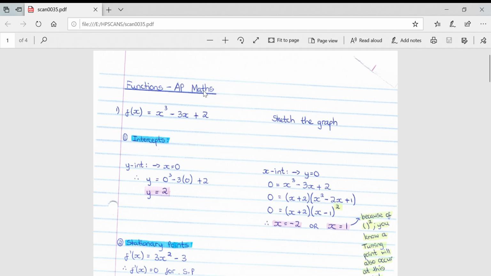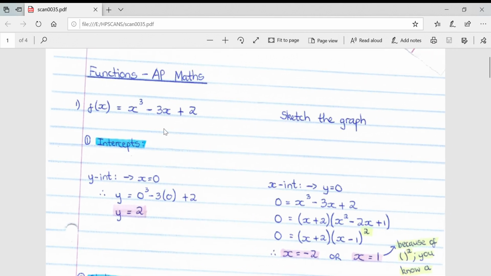This video will cover the function section of the AP Math syllabus. The best way to go through this section is I'm going to go through 4 examples, each with a slight difference and pointing out some key areas of focus within this section. The first example is if you're given a simple cubic graph, which you will get to see in core maths